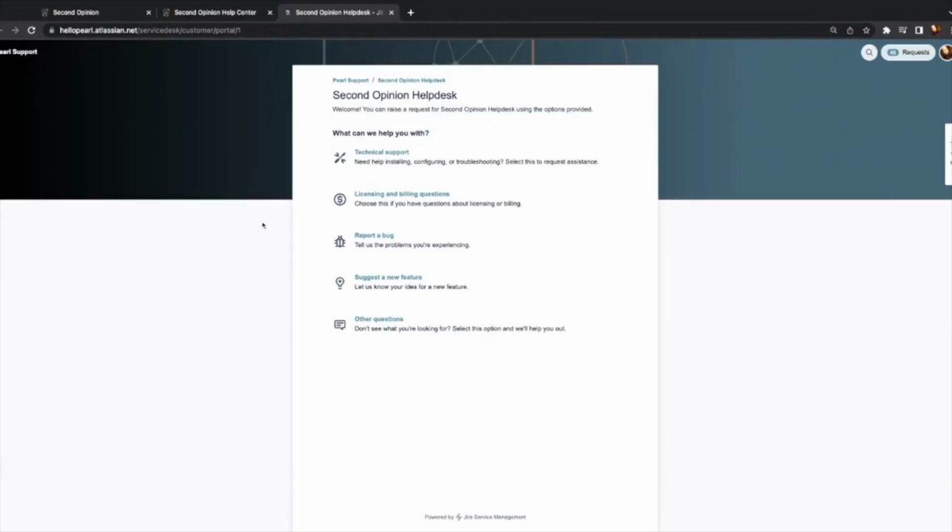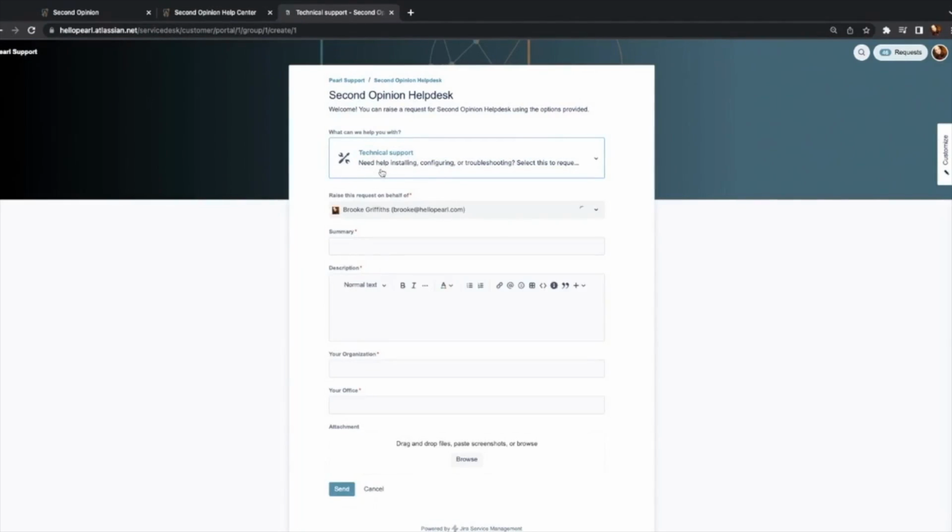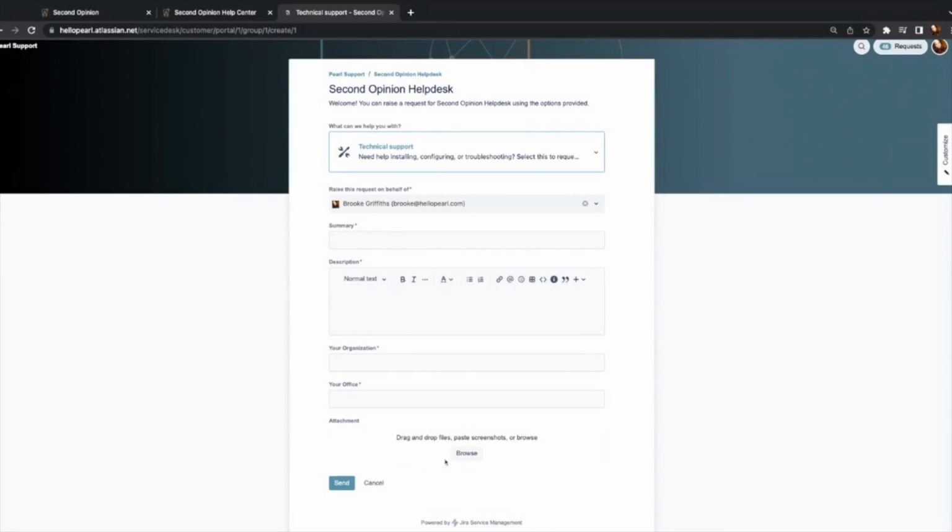From this page, you can select the appropriate form to fill out, and filling this out will submit a ticket to our support team. Submitting this over, we do ask that you'll give us a summary and as much detail about the trouble you're experiencing. For example, if your images have stopped syncing, please let us know what happened if you happen to make any network changes or any changes to your server. This may be helpful for us. Adding your organization or your office, and then of course, if it's necessary, you can also download some of the attachments for us, sending us over screenshots. This will come to our support team and we'll get back to you as soon as possible.